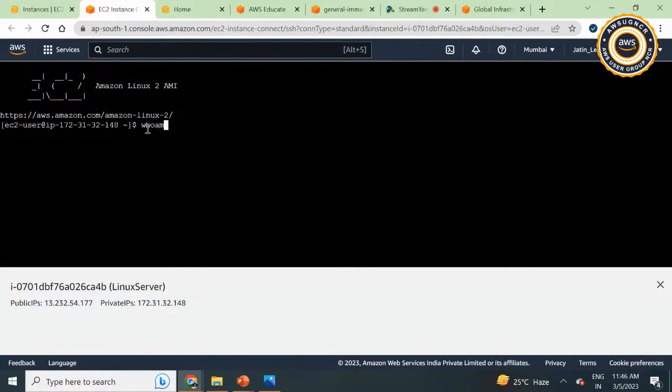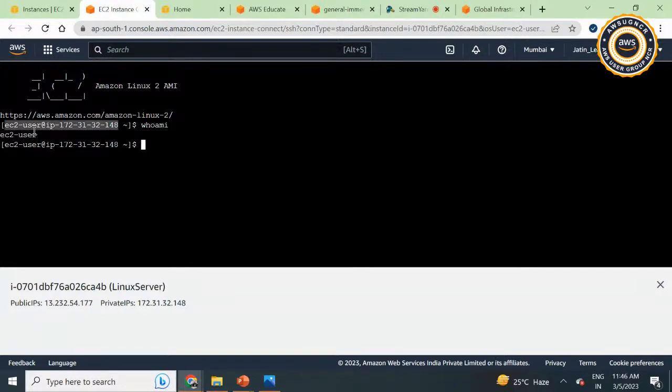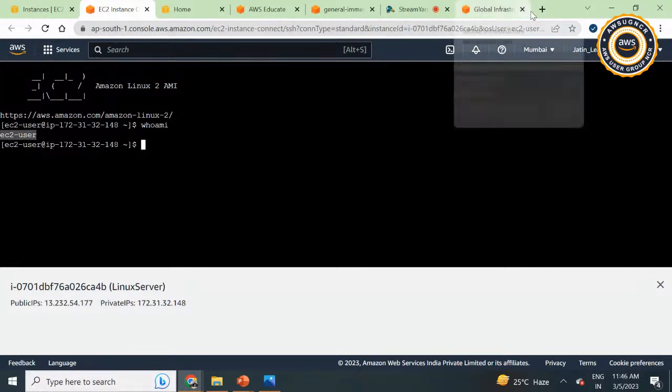Let's say, whoami. I'm typing that. This is one of the commands to show you which user ID you have logged in with, or which is the currently active user. So ec2-user is the one. Now where did this ec2-user come from? It's here in the AWS documentation. If I type ec2-user,